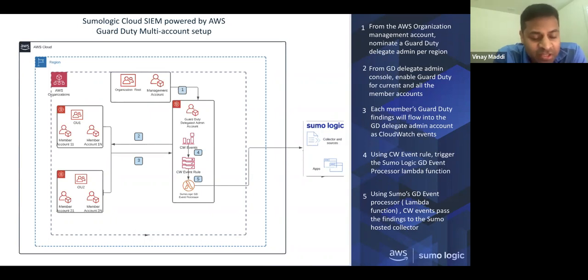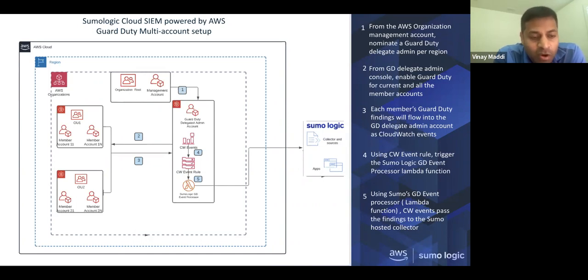For example, in the case of GuardDuty, the way the AWS GuardDuty service typically works is you appoint one of your security tooling accounts as an admin account, which we call a delegated admin account. Once you do that, from the delegated admin account, you can log in and turn on GuardDuty for all your member accounts which are available today, as well as any other member accounts that you will be creating in the future.